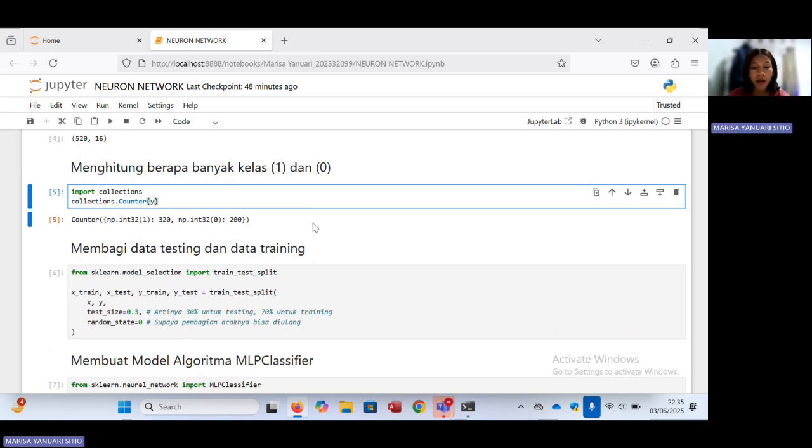In this case y is the target or label column from the diabetes dataset. This means there are 320 samples with label 1, people with diabetes, and 200 samples with label 0, people without diabetes.